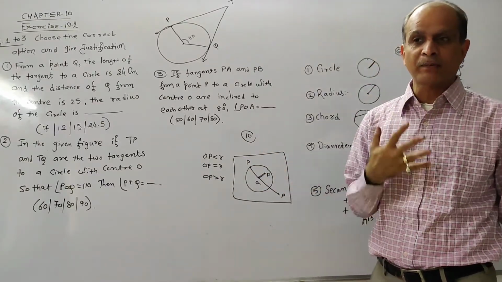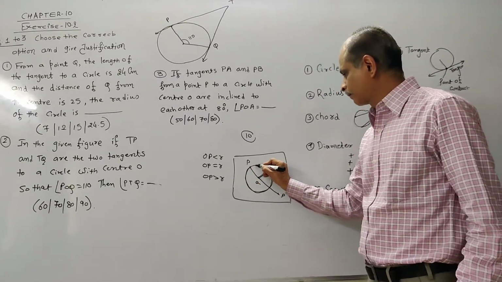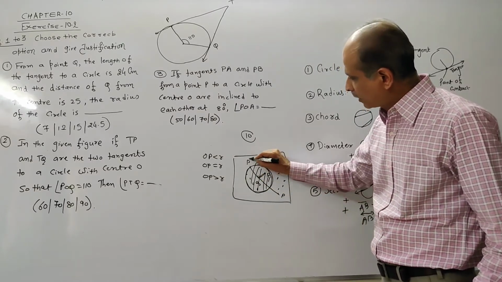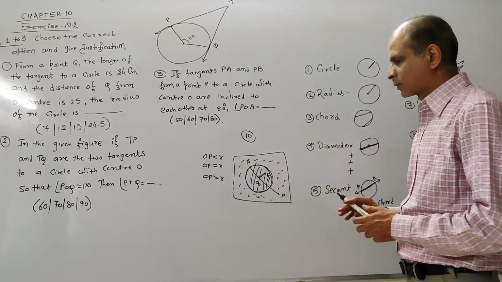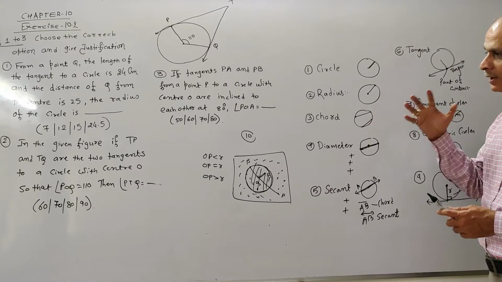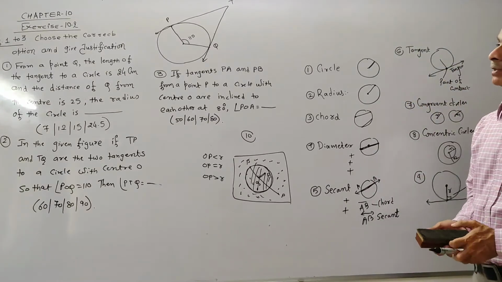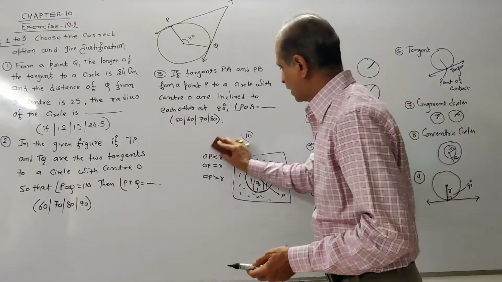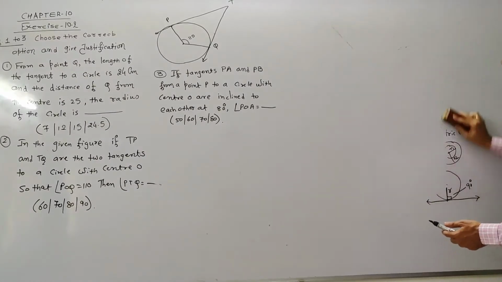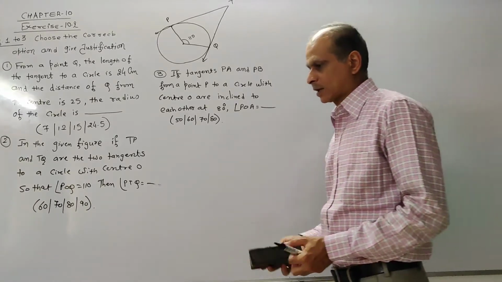So a circle divides the plane of a circle into three parts: the set of all the points on the circle, the set of all the points in the interior part of the circle, and the set of all the points in the exterior part of the circle. So friends, we have revised 10 concepts which we have already understood in our first lecture. Well, in the second lecture we have solved exercise number 10.1, 5 examples. That is nothing but the application of these 10 important concepts of the circle, up to the last one, that is partition of the plane of a circle by the circle.